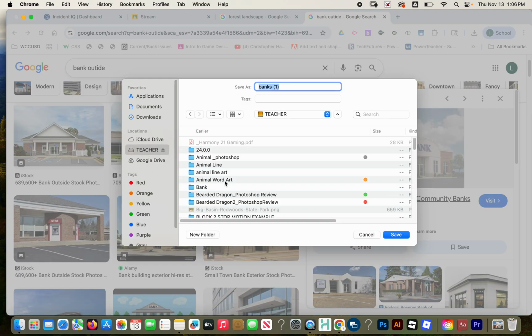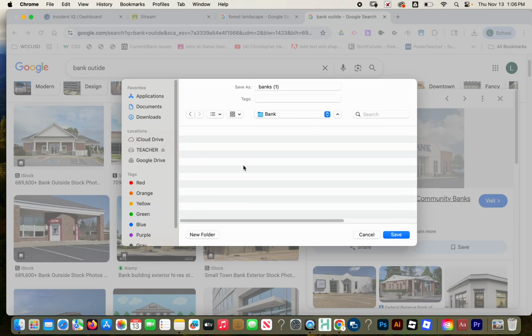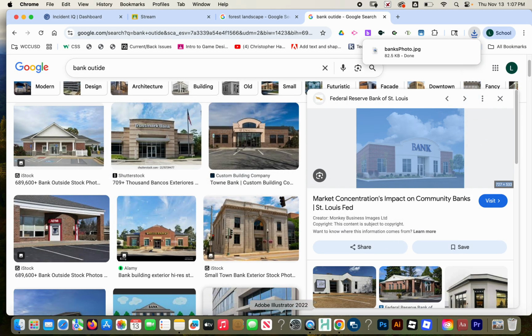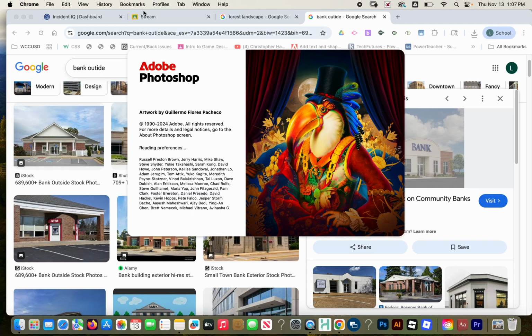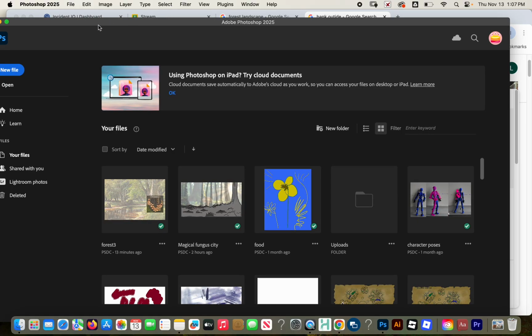I'm going to save it in my external drive in a new folder that I made called Bank. Bank photo. And then I save the image. Okay, next, I'm going to go into Photoshop. I'm waiting for it to launch. All right, in Photoshop,